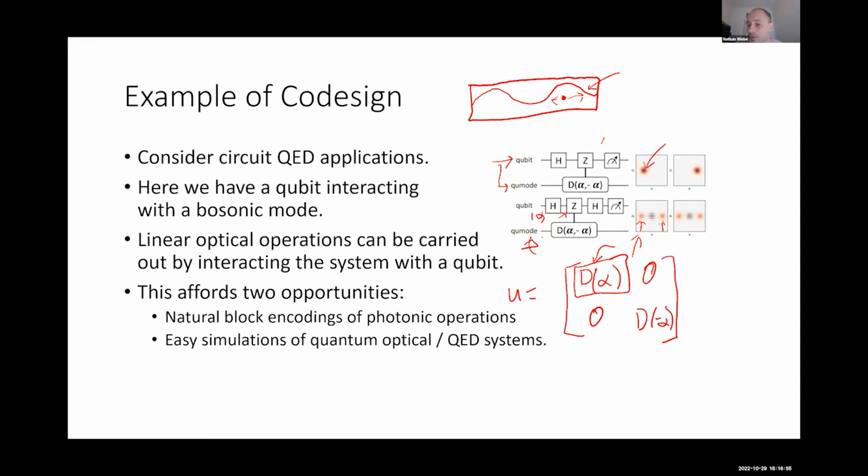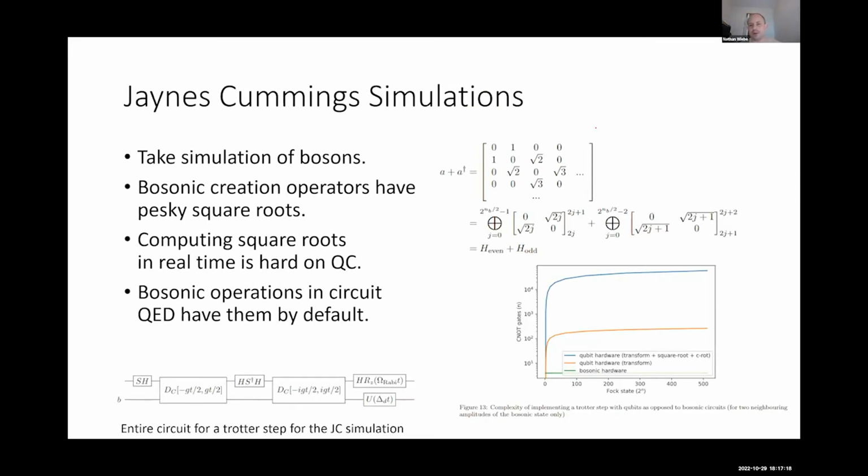The next thing that, of course, we get access to is that we have photons. So if we want to simulate, say, a photonic system, it makes a lot more sense that we would get advantages by simulating it using native bosonic hardware rather than having to emulate bosonic operations using qubit hardware. And to give you an idea about this, let's take a look at simulating a Jaynes-Cummings model.